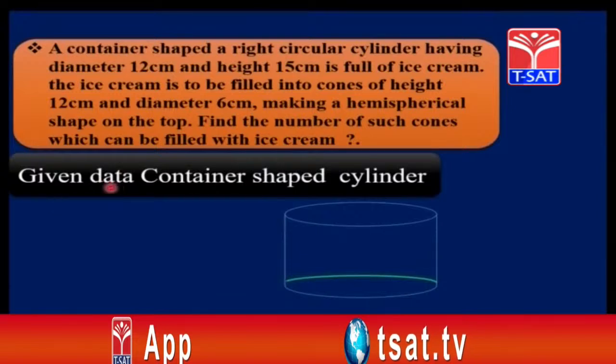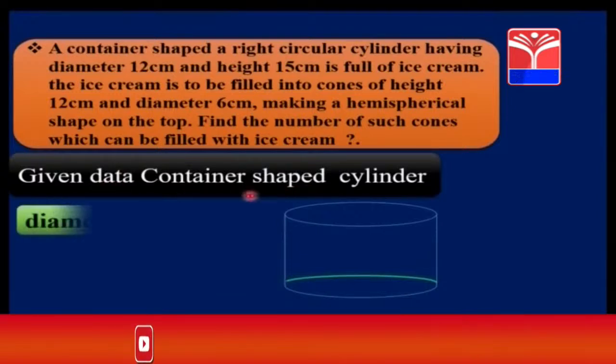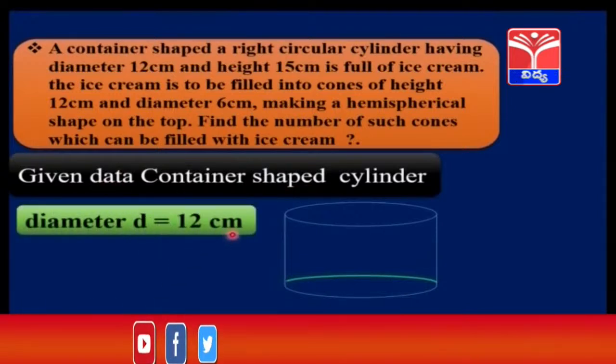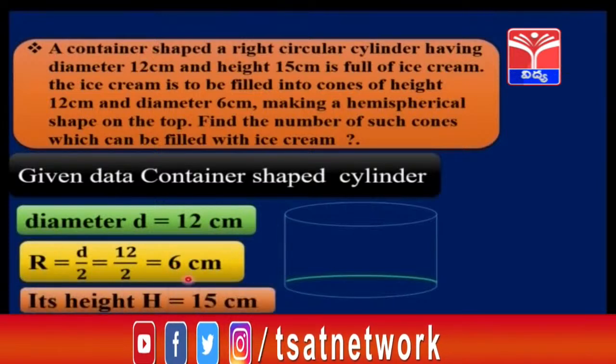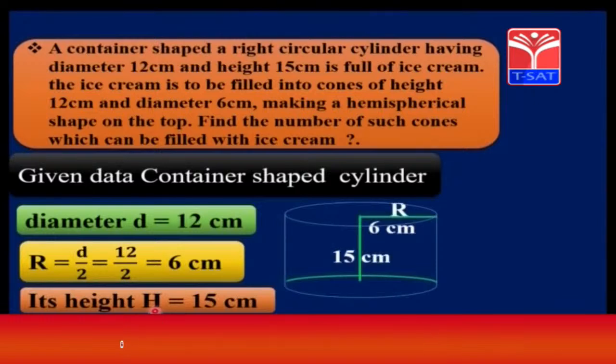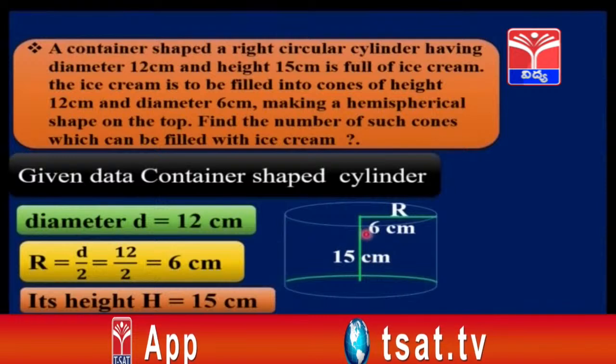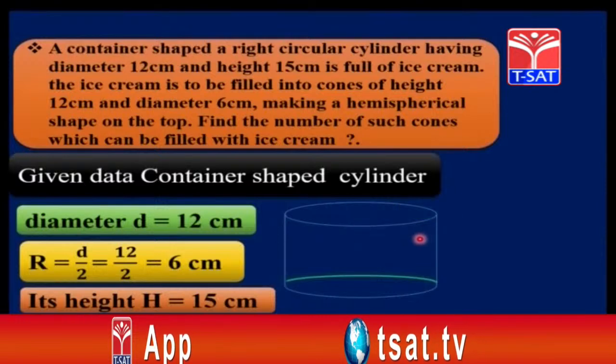So children, see the given data. For the container shaped like a cylinder, the diameter is given as 12 centimeter, which means its radius is half of the diameter, that is 6 centimeter. The height is given as 15 centimeter. So this is a container shaped like a cylinder, its height is 15 centimeter and radius 6 centimeter, and it is full